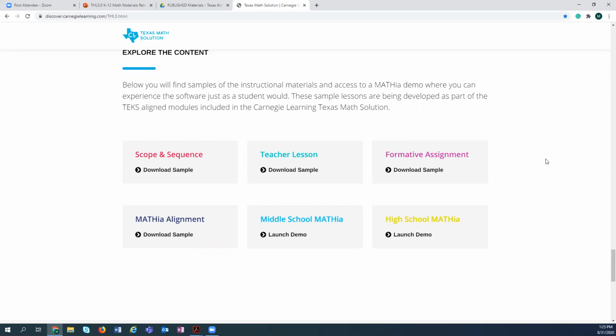And I would strongly suggest, as one of your action steps in looking over the materials, is take some time to walk through the demo and understand how this adaptive program is individualized for students and their ability to get immediate feedback on the work that they're doing.